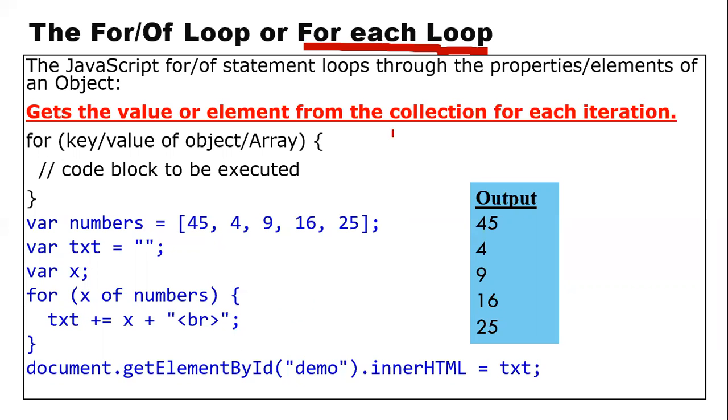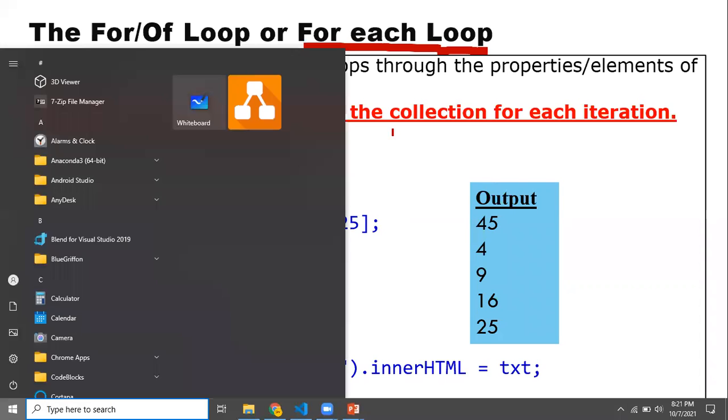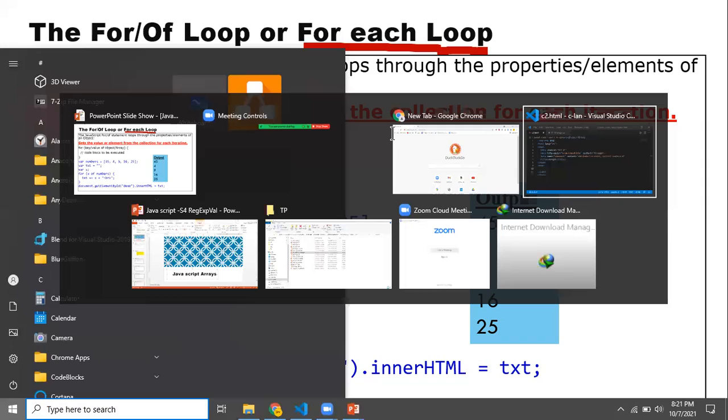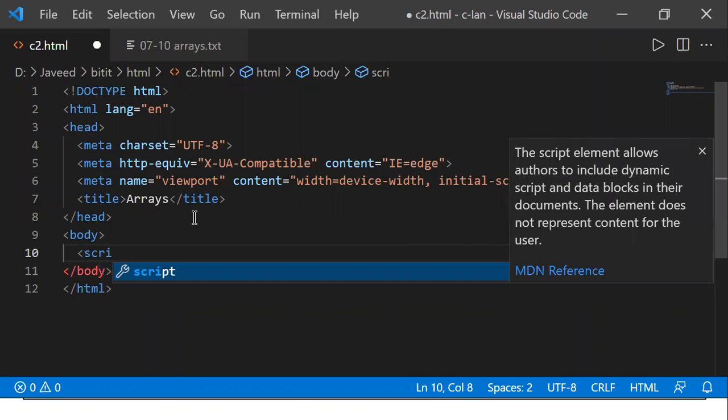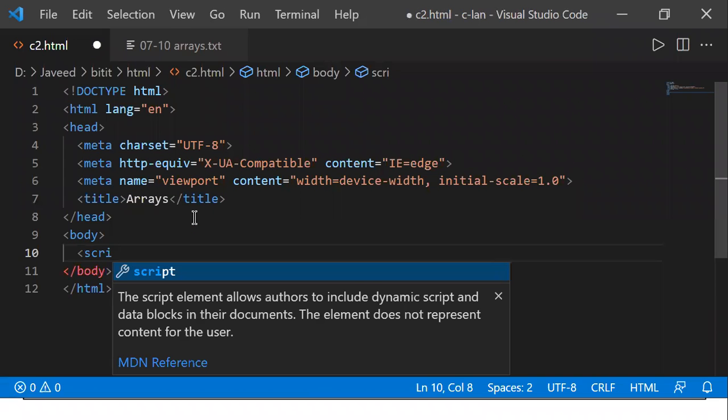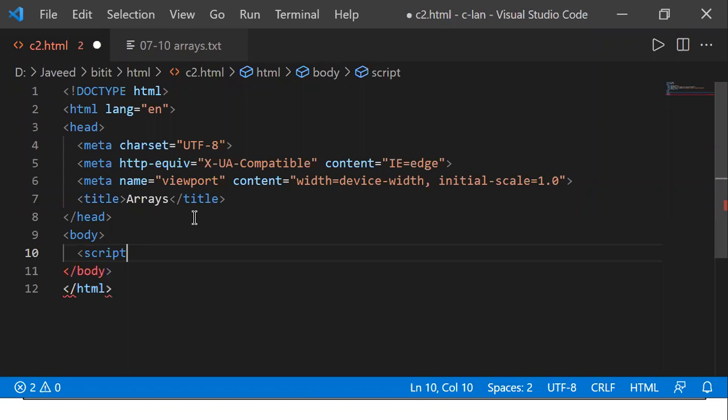We'll take one example. So I'll just go to Visual Studio. Yeah, here I'll have the script. I'm writing my script. First, initially I would like to have an array. So I'll use the var keyword for declaration of the array.